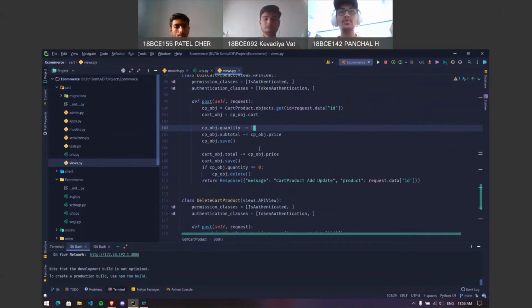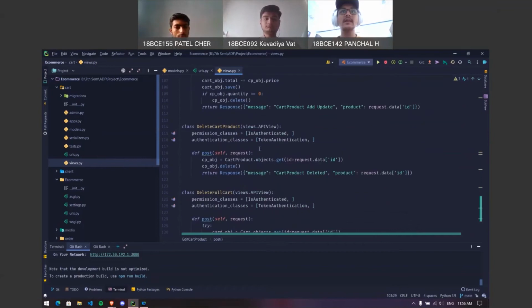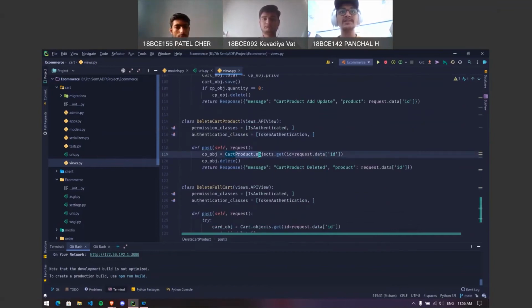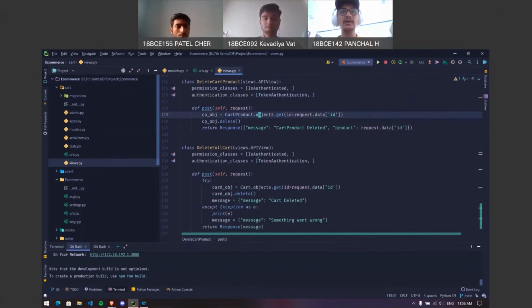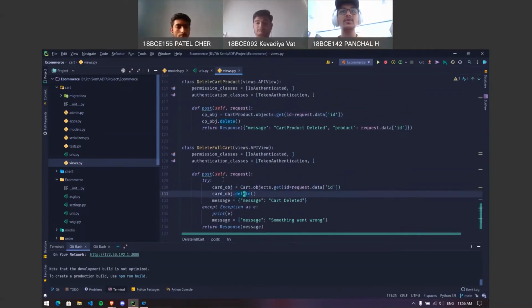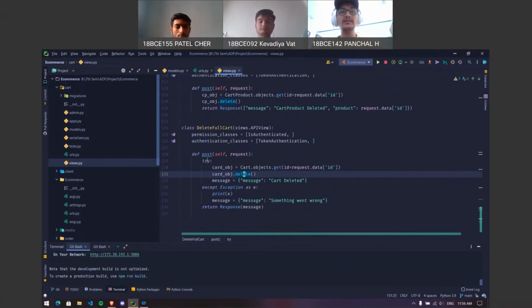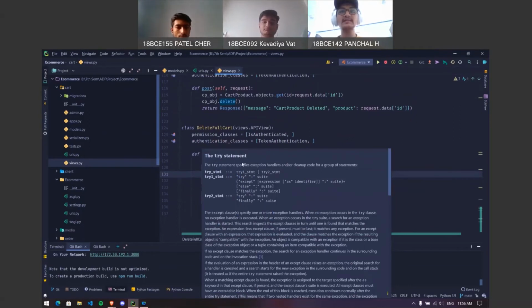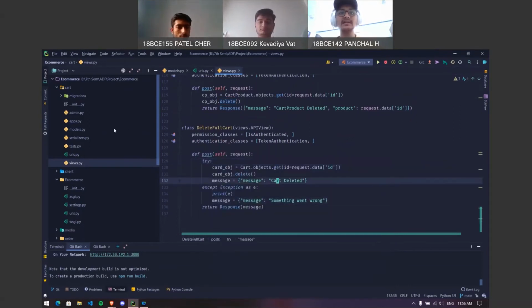And if we want to delete, or say remove, the whole product, we just execute the delete cart product, in which the whole product will be deleted from that cart. If you want to delete the whole cart, then we use delete full cart, in which the post method will be executed, and the message will be returned that the cart is deleted. So this was the part of the cart.